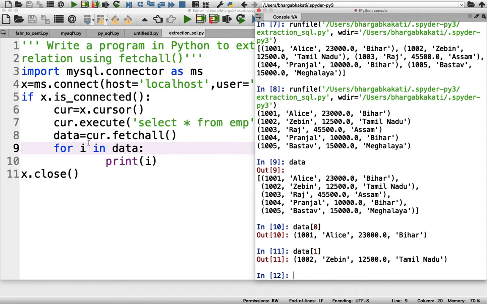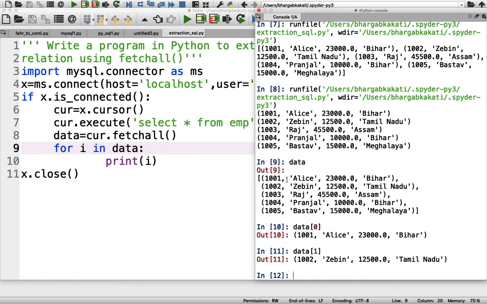Now this for loop i will take the value 0 at the very beginning. So whenever I print i, that means index 0 has been displayed. What is there in index 0? The first row is there in index 0.